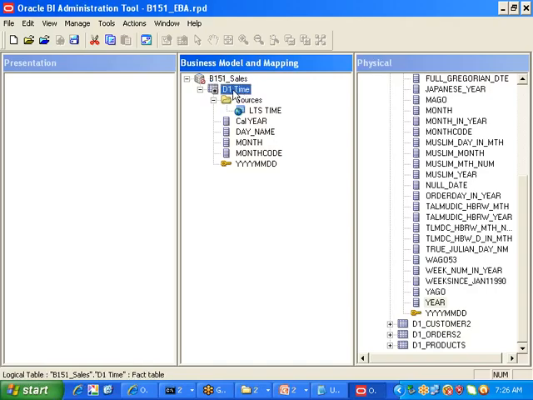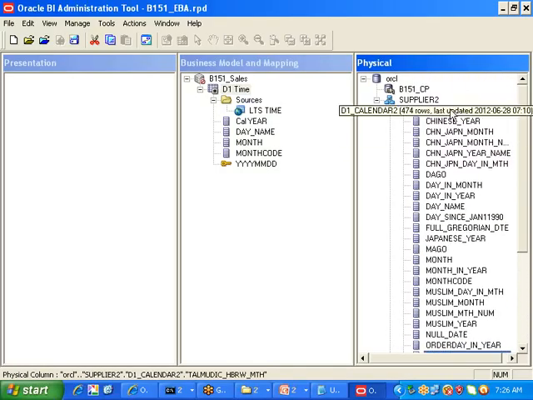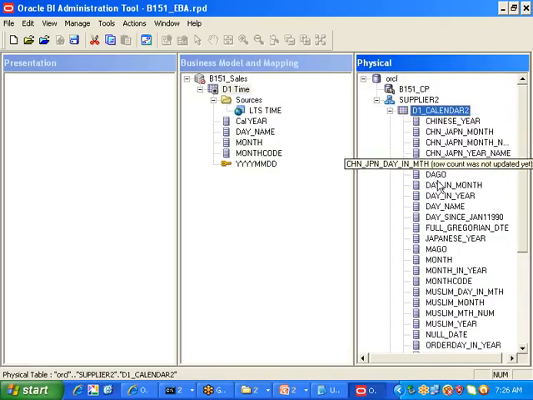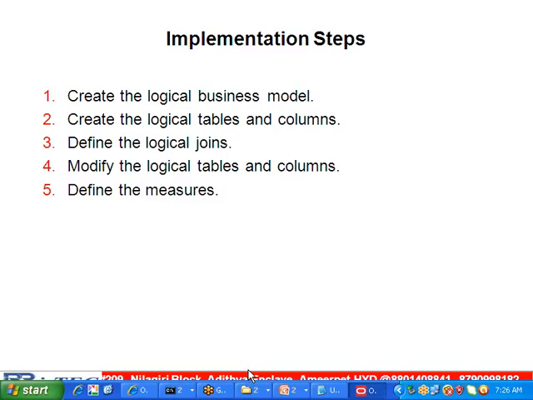Why I am calling is, if you see here, this is D1 time. Is the D1 time table physically available in the database? No, right? But is this one physically available in the database or not? Yes. If I go to the database,